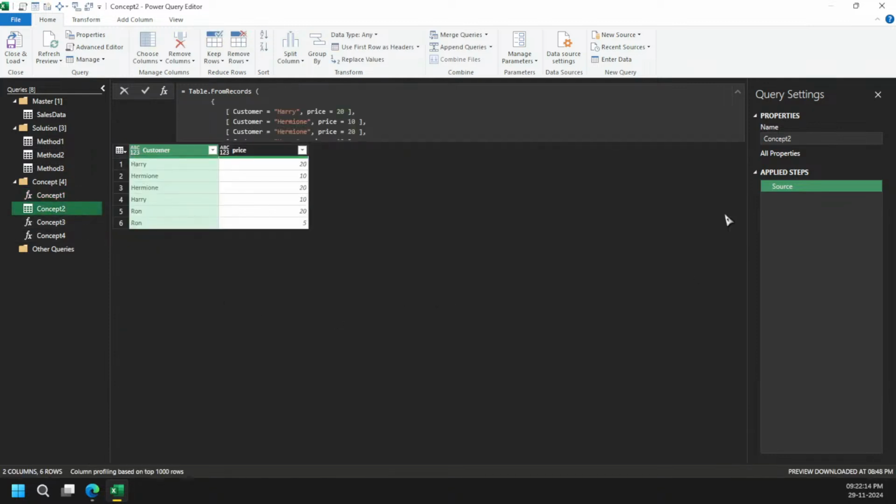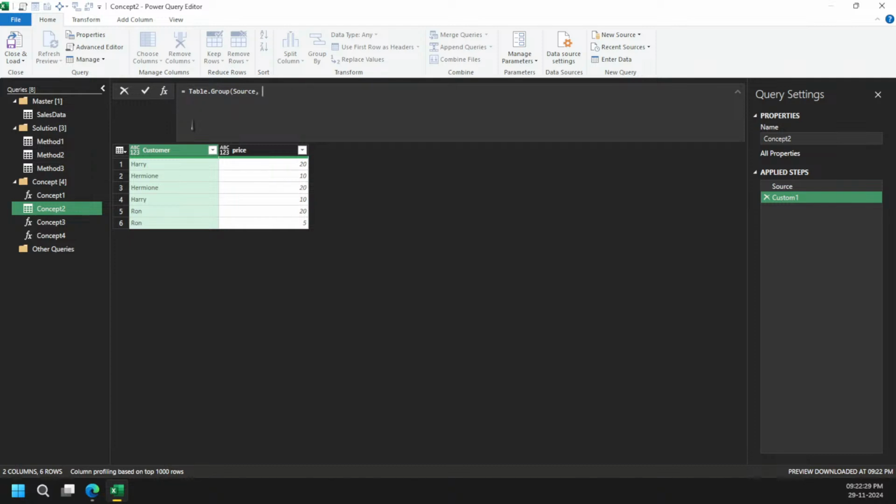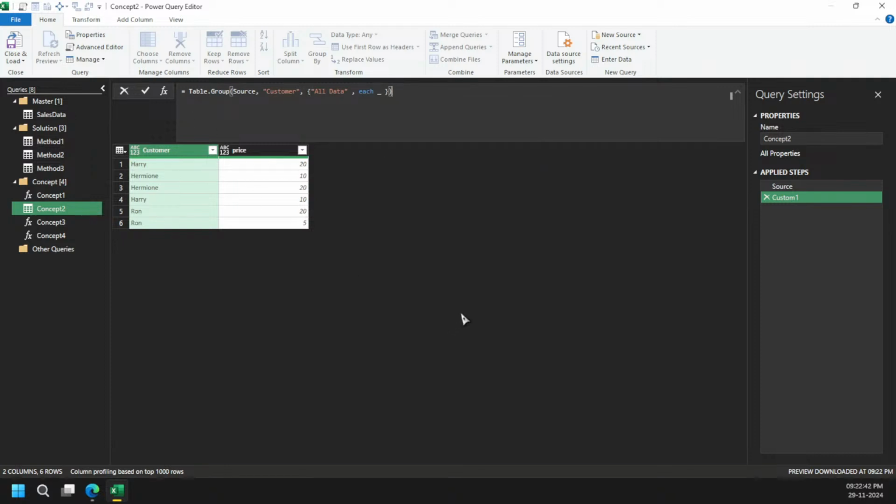So let's see what we can do. You can see this is one of my data sets. Here we are going to group the data. So if I do that, Table.Group, first the column Customer, and then let's say I'm going for all data, each _, and that's it.